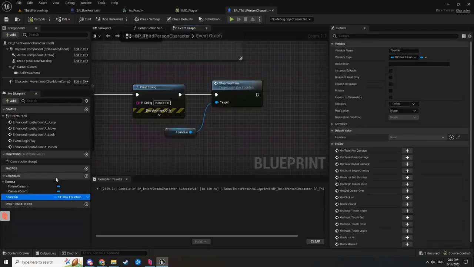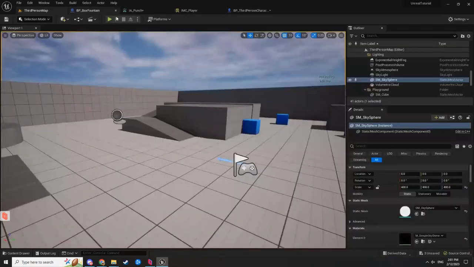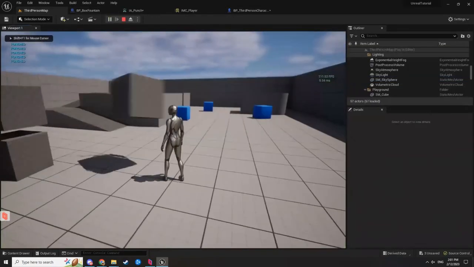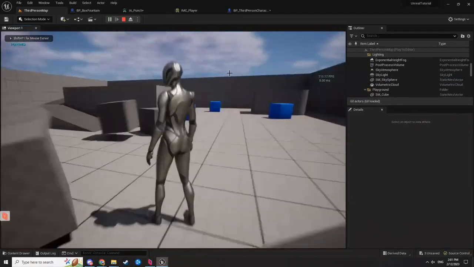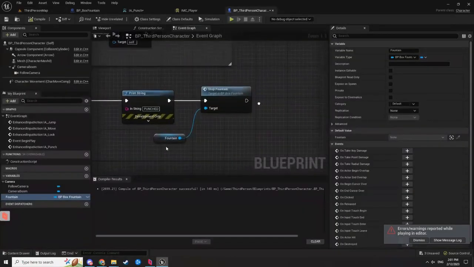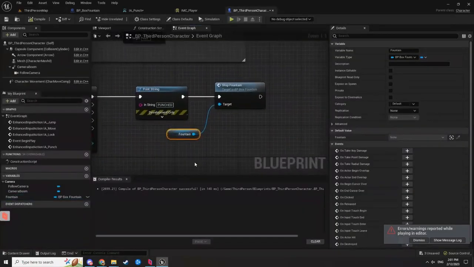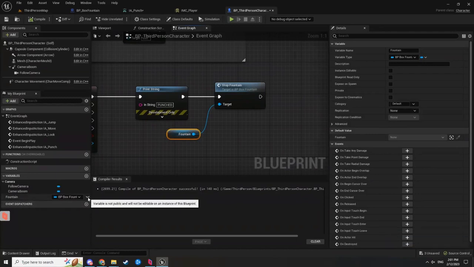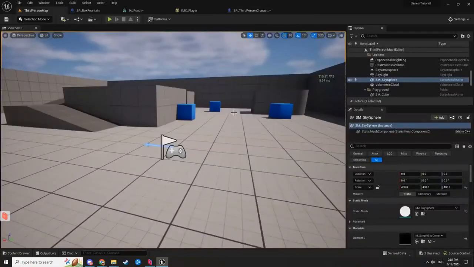But there's a problem. This fountain variable is not set to anything. It's null. If I start the game up and I punch, it'll print a punch, but it won't actually stop anything. And I'll get a bunch of errors because it's like a null pointer basically, but a little bit safer than that. So we need to assign a value to this variable. We can do this with script by using set, but to make it easy for myself, I'm going to expose this variable to the editor by clicking this eye button. You'll see that in the bottom left. Now if I compile and I go back in my map,